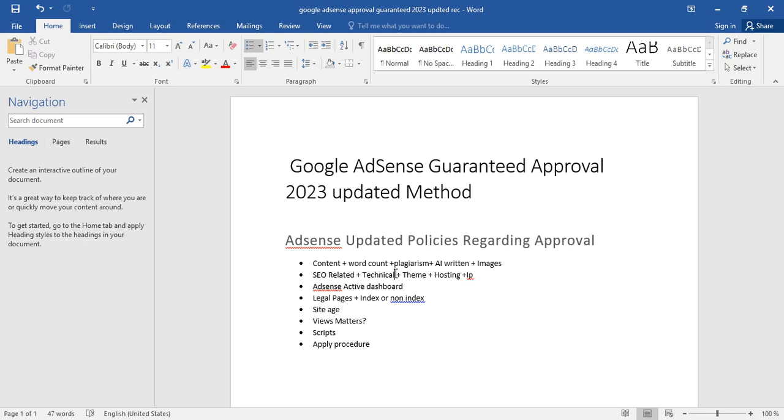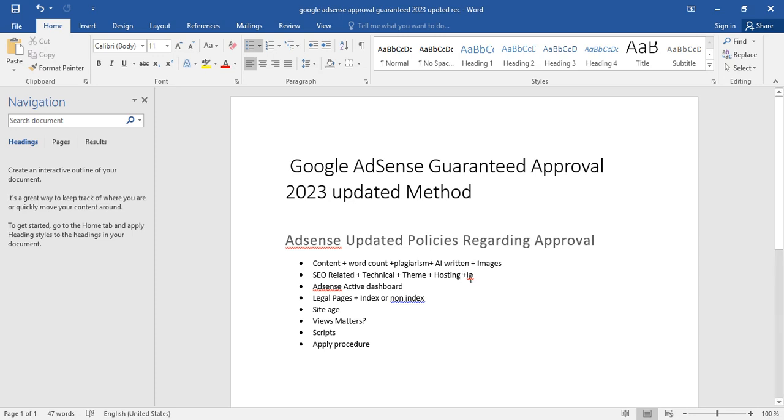So if you give good things to internet users, the Google users, Google will give you good things. Just keep in mind these things about themes and hosting. A good hosting will give you good speed, and if your speed is good, then it's good for Google and good for users, and Google will like it. These are just small things, but they can cause big change.